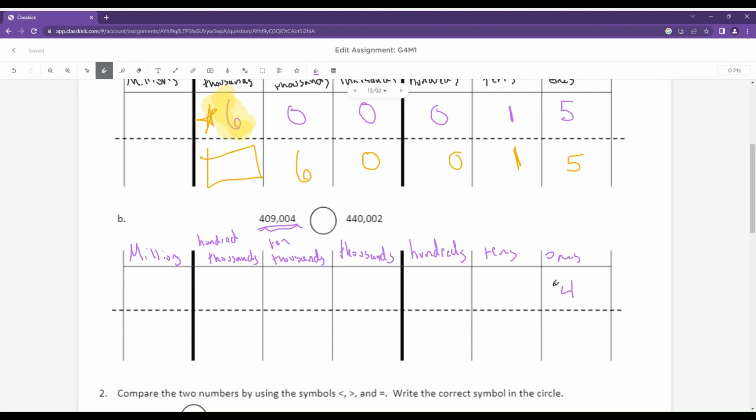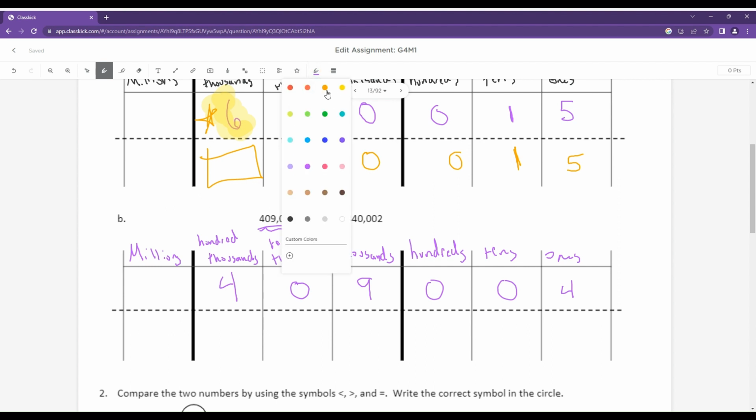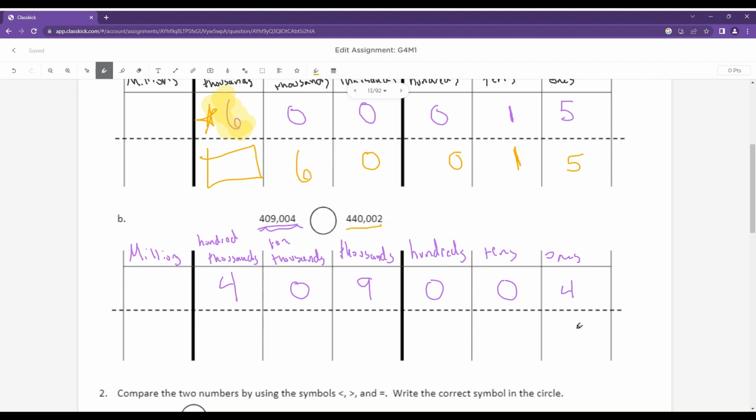We have a 4 in the ones place, no tens, 0 hundreds, 9 in the thousands place, 0 10,000s, and 4 100,000s. Use that same orange for this number, where I have 2 in the ones, 0 tens, 0 hundreds, 0 thousands, 4 10,000s, and 4 100,000s. So the next thing I want to do is take a look at my largest place value. In this case, I can see in my 100,000s place, not only do I have some amount of 100,000s in both numbers, I actually have the same amount. I have 4